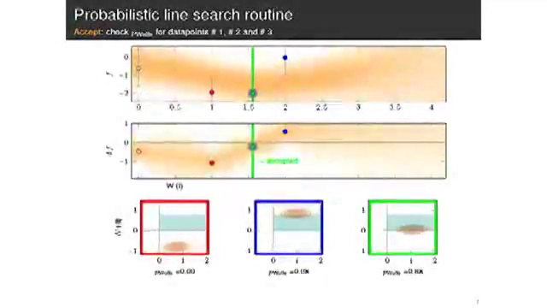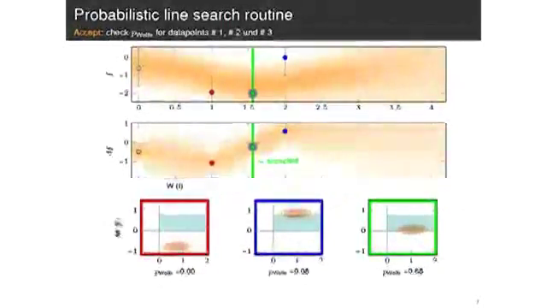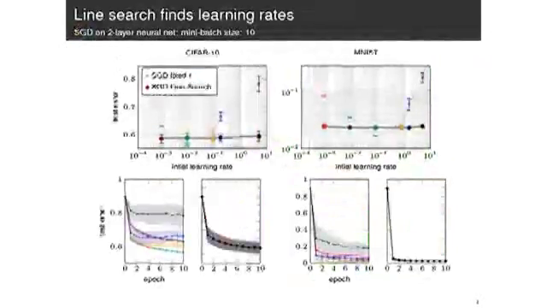So we evaluate there. We update the GP again. And now we accept the green point because about 70% of the Wolfe probability density lies inside of the green shaded area. All right. So we tested the line search